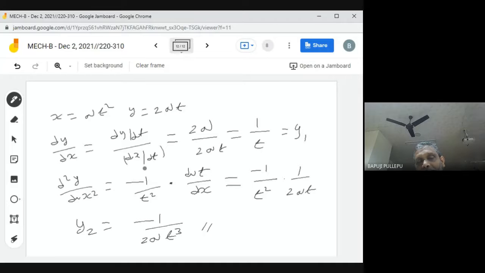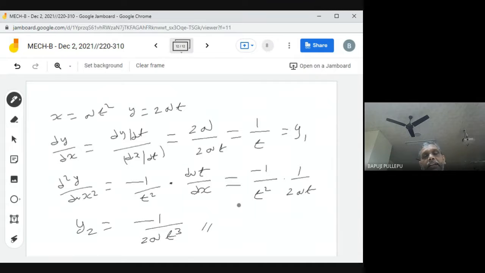If you write separately, what will you write? dx by dt equal to 280 you will write. Because I am dividing, I am writing it in the denominator, it is not 1 by 280, correct? But here dt by dx is 1 by 280. Clear or not? Sir, what I did, is it right or wrong? Any others check? Minus 1 by t a cube.